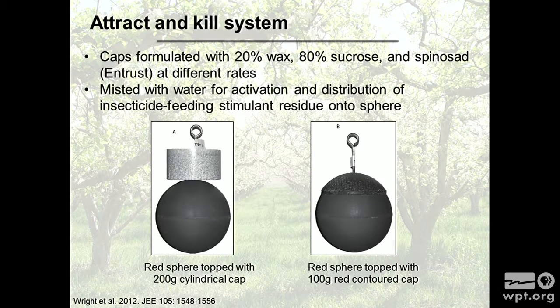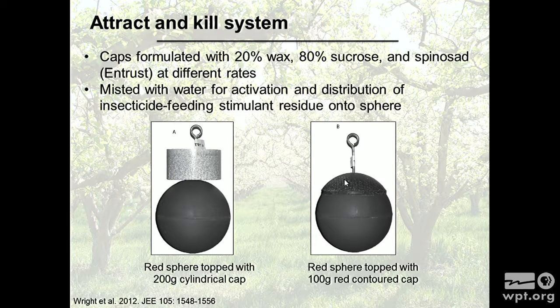So they compared this red sphere topped with the cylindrical cap, and then this one, so it's hard to tell, but there's a cap here that's embedded onto the sphere, right? So part of it is visual cues, looking if the red sphere is best for attracting the flies, and it actually wasn't a problem with the cylinder, but they wanted to do that. In this case, they did two things to improve from the previous design. The sugar is included in that top cap. Can you see this part here?